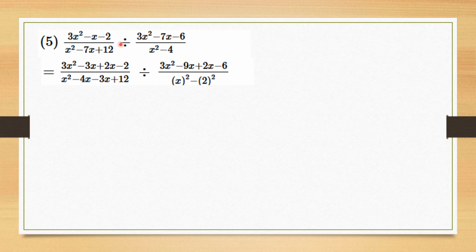Now 6 you have to split into two such numbers that after multiplying those two numbers you get 6, and after adding you should get the middle term, and in this case the middle term is minus 1. So if you take minus 3 and 2, minus 3 multiplied by 2 will give you minus 6, and minus 3 plus 2 will give you minus 1. So we split the middle term in the numerator as 3x squared minus 3x plus 2x minus 2